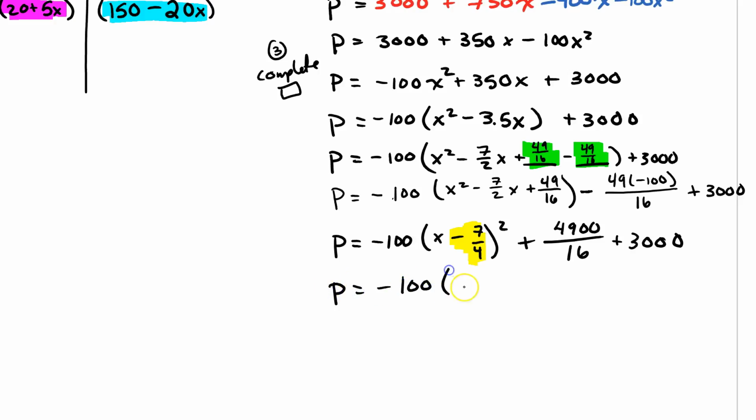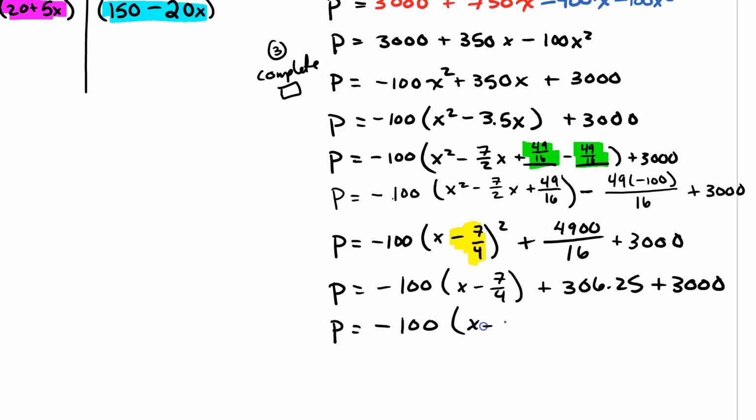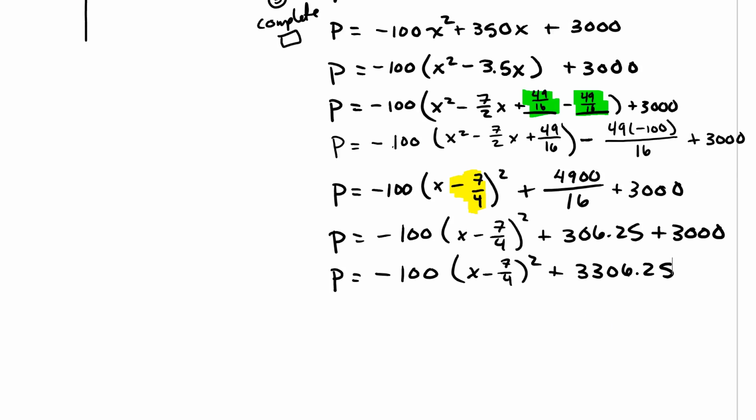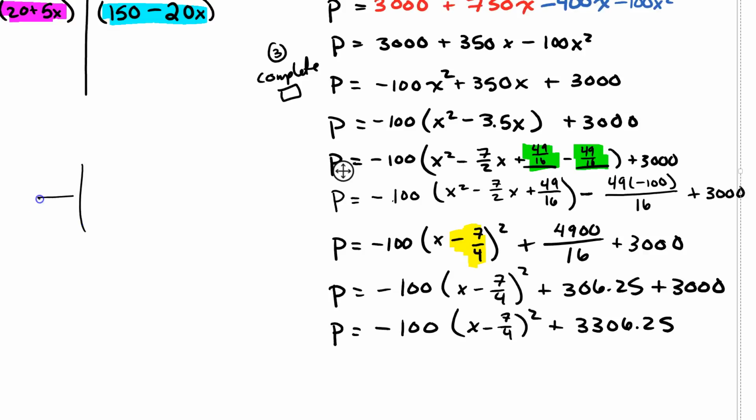Negative 100 (x - 7/4) plus 306.25. I know, it's the worst. Plus 3,000. I'm using decimals, but you'll see. P equals negative 100 (x - 7/4) squared plus 3,306.25. All right, so our maximum, well, yeah, it is going to be a maximum because we know that it